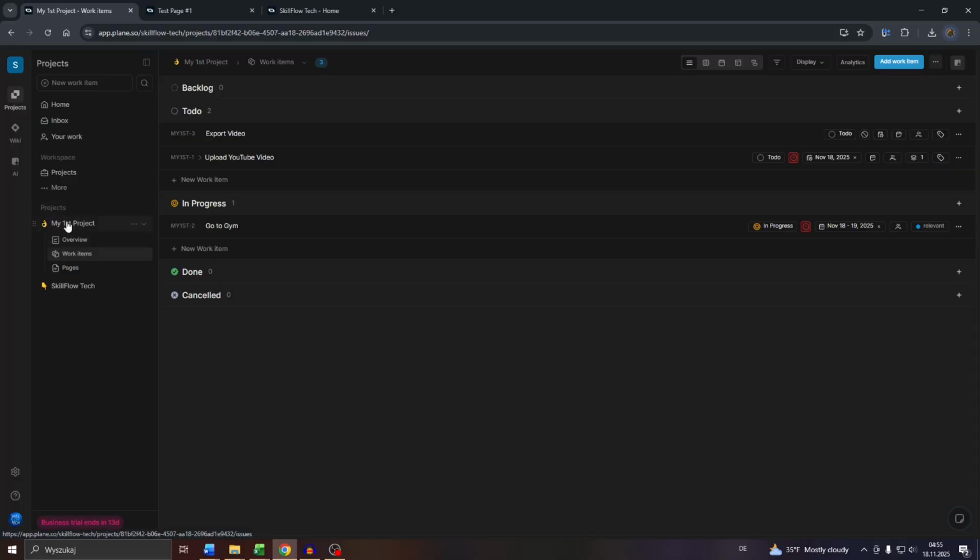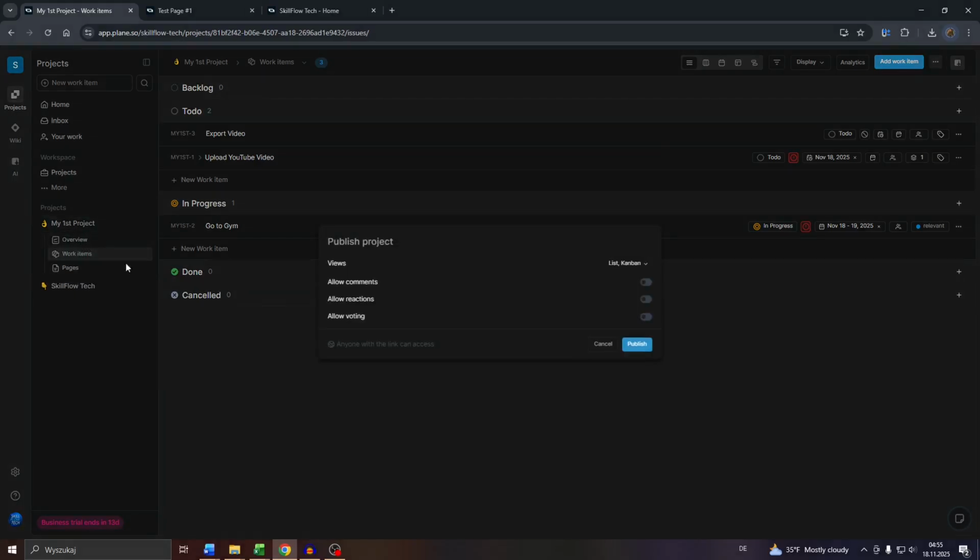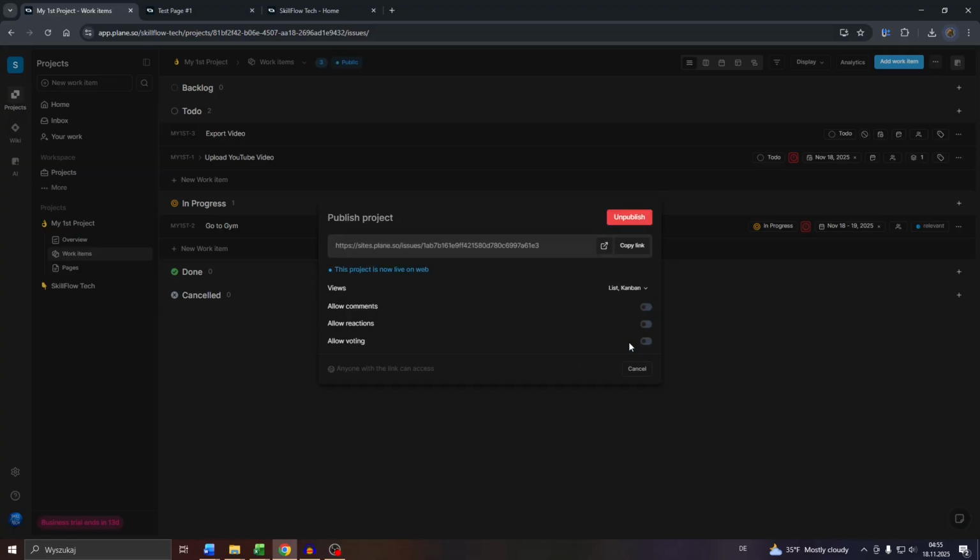So simply click into these three dots here next to the given project you would like to publish and select publish project, and after that you will see that overview here. So here you can, for example, set the permissions to allow comments, reactions, voting, and so on and so forth. So what you want to do, guys, is simply click into that button here, publish, and after that you will